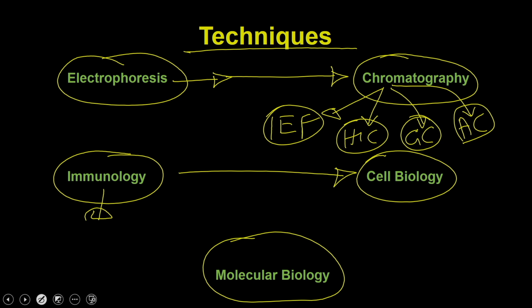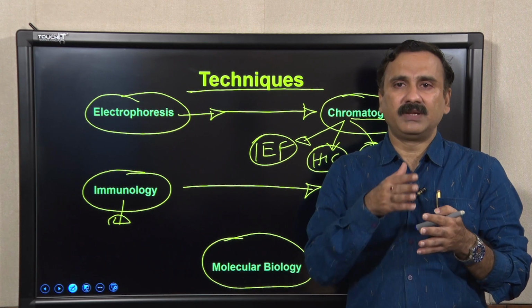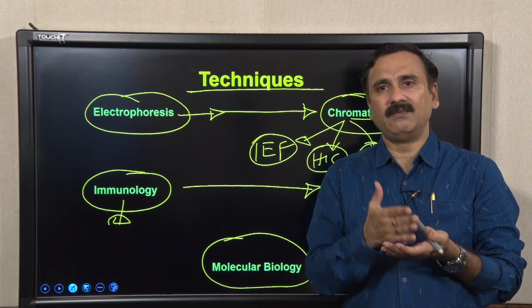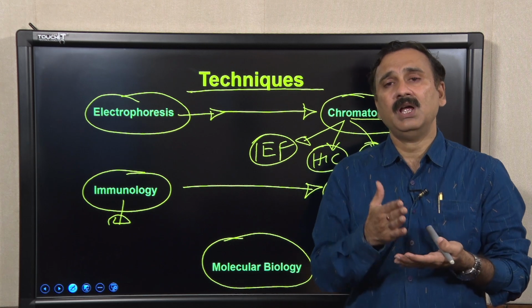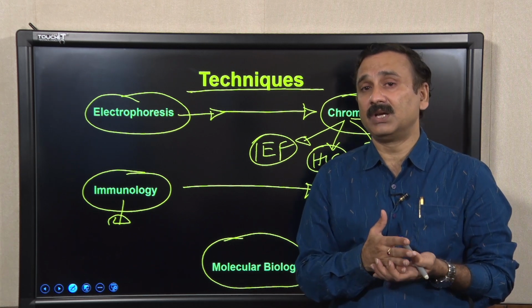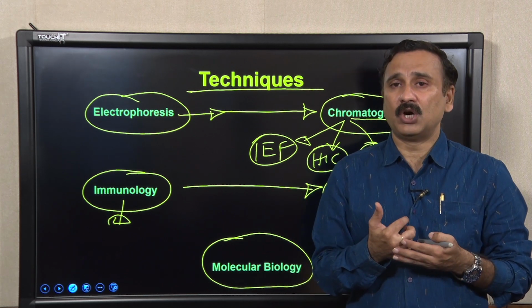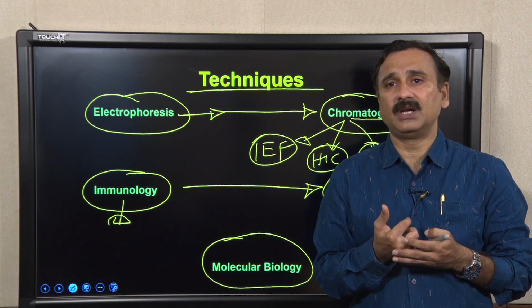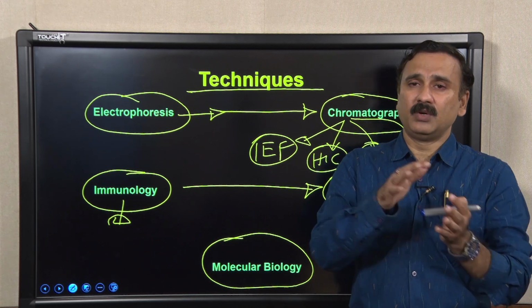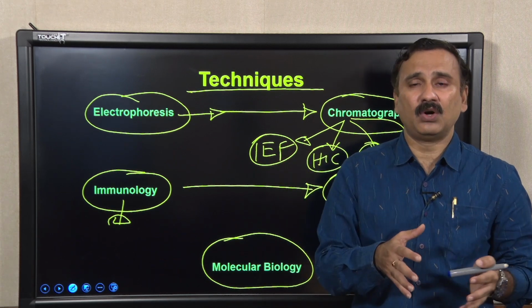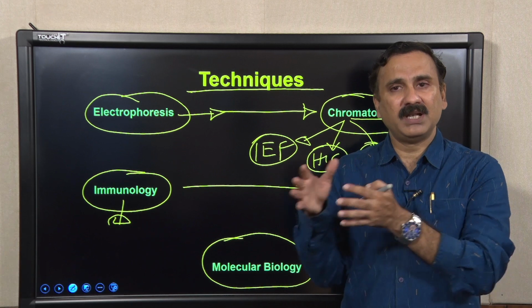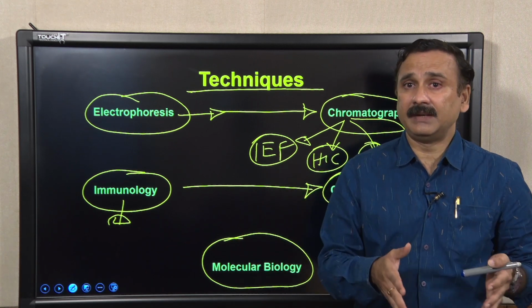So we started with the very basics, that the cell biology techniques started with cell culturing. So you can have different types of media. We have given you the information about the media, how you can prepare the cell culture media, what precautions you should take while preparing the cell culture media, how you can autoclave, or how you can do the sterilization of the media, whether it is a microbiology media or the cell culture media.